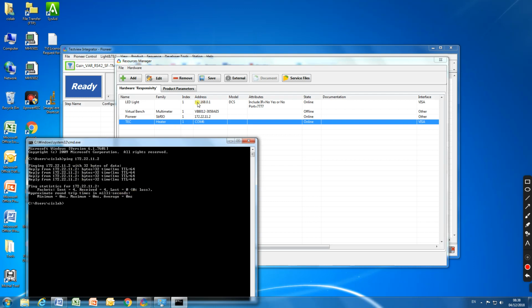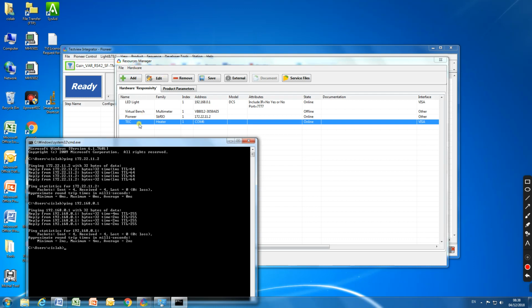Light source. This is the IP address of the light source. Let's ping it as well. Also, we have a communication with that.